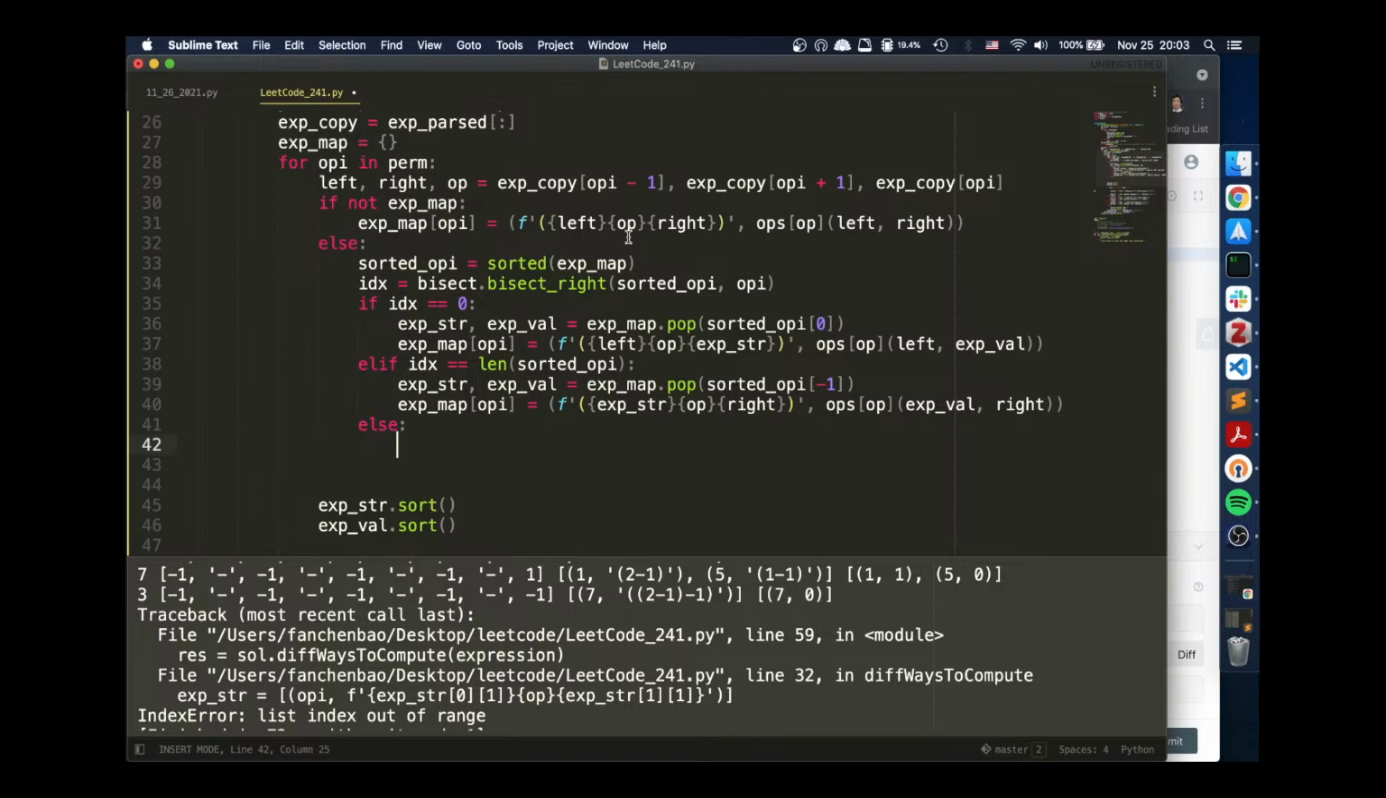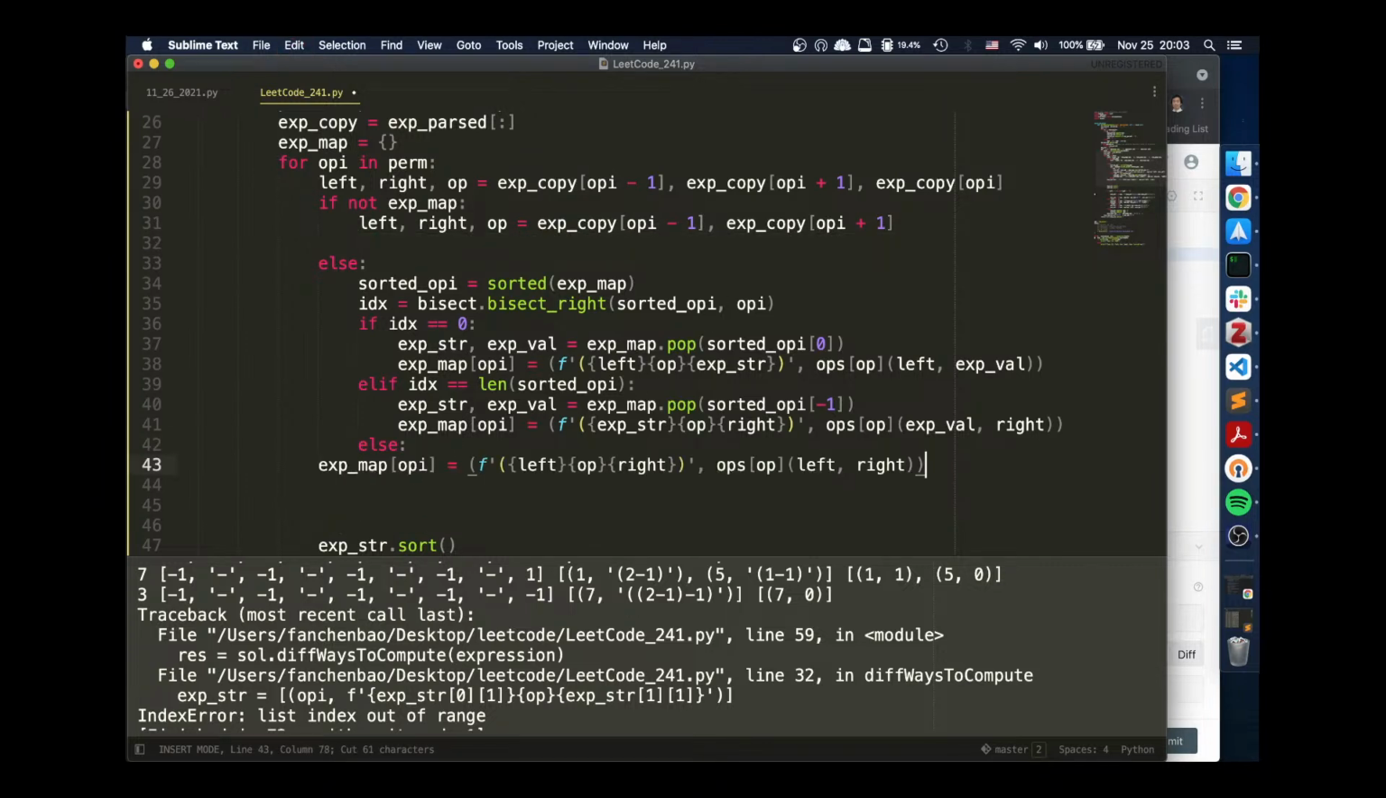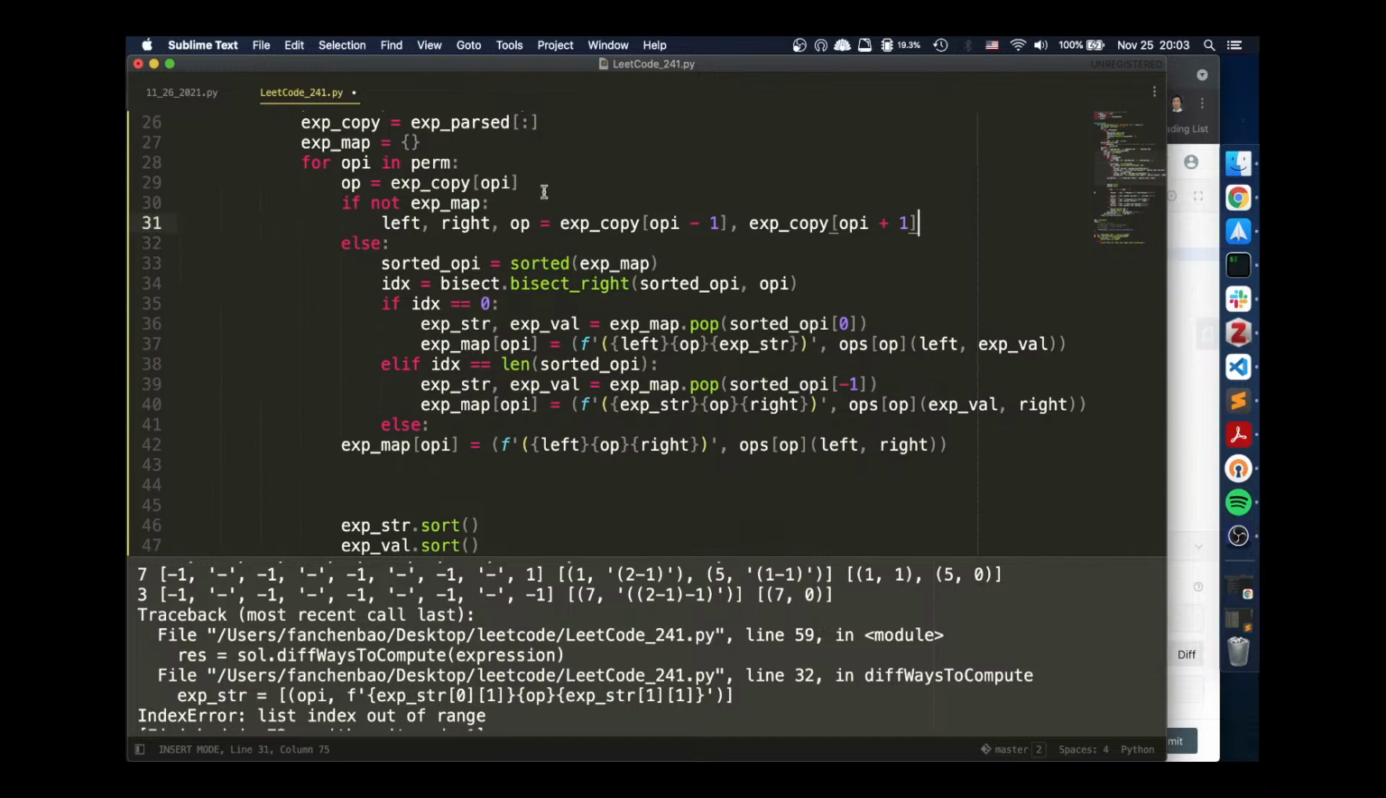Hold on, we can actually do this. If not, left and right equals this. I would like to have this at the end. So here, we only need to do OP, the operator. If not, left and right, perfect. Otherwise, we'll do this, and then we are going to say this is,